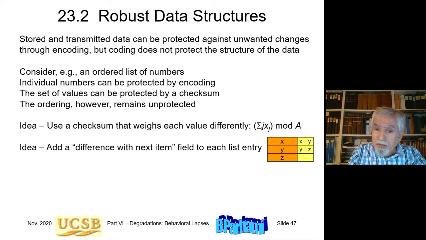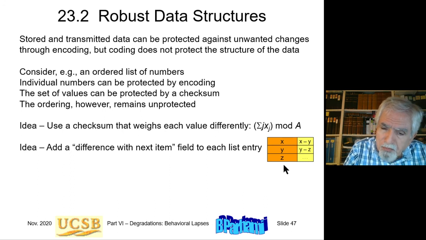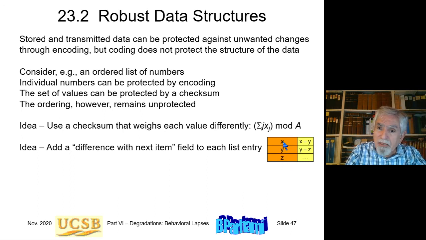So one of the ways you can protect such a data structure against corruption or changes is to add a checksum at the end. So a checksum protects the entries from changing. So if one of these entries changes from X to, let's say, X plus 1, the checksum may be violated and you find out. So it's an error detection scheme. On the other hand, if X and Y change places, then the checksum may not change if it's just a